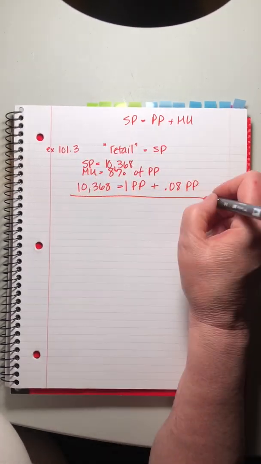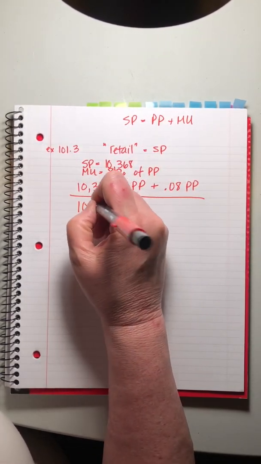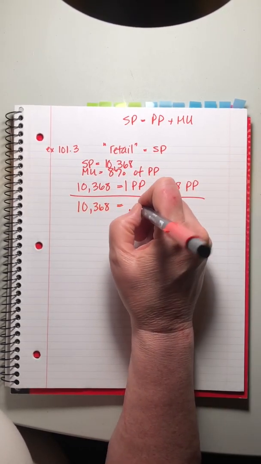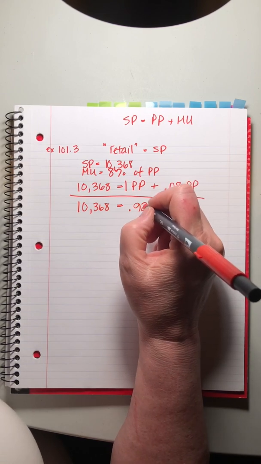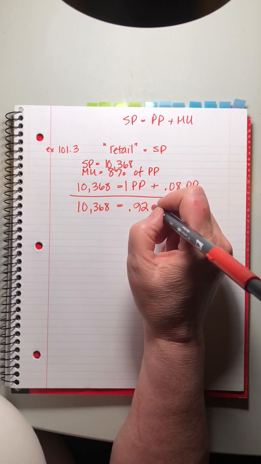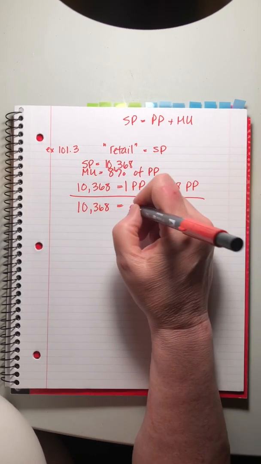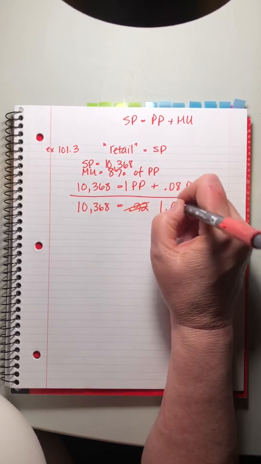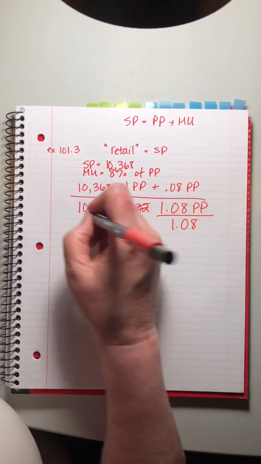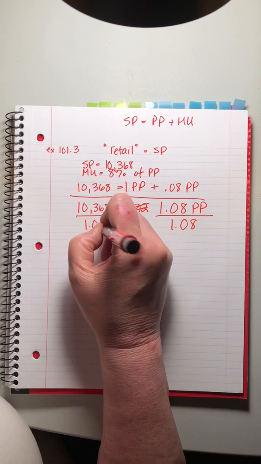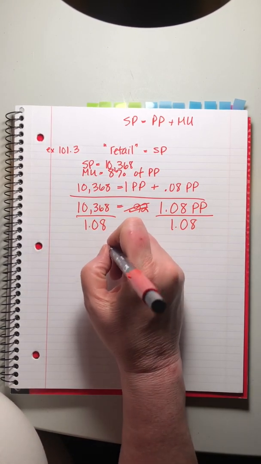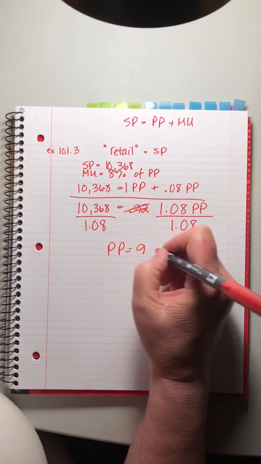I'll put a 1 there. Oh, what am I doing? I didn't need that. 10,368 equals, it's going to be what, 0.92. Oh, no, I'm subtracting and I should be adding. 1.08 PP divided by 1.08. And spoilers, I'm just going to tell you that the answer, the purchase price equals